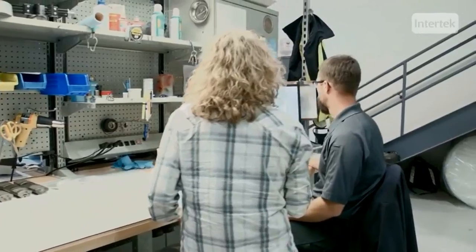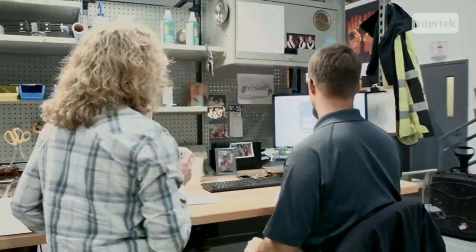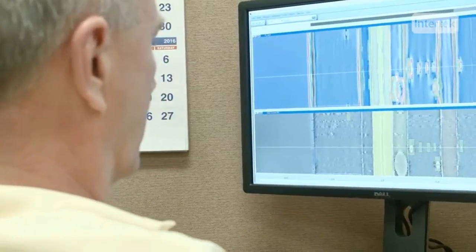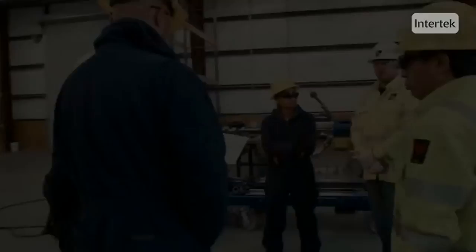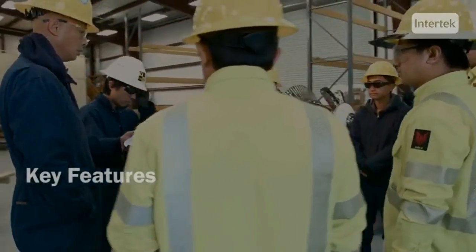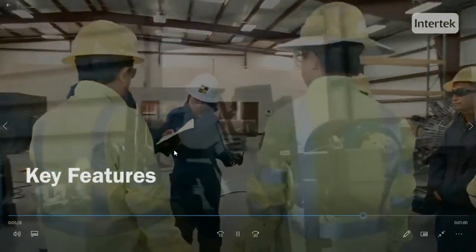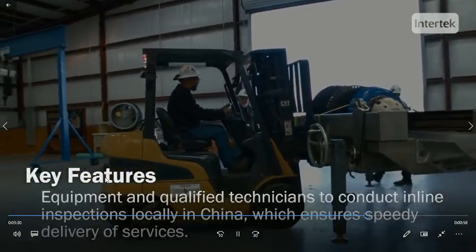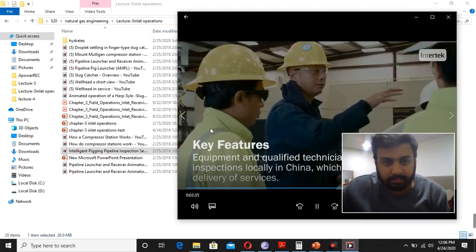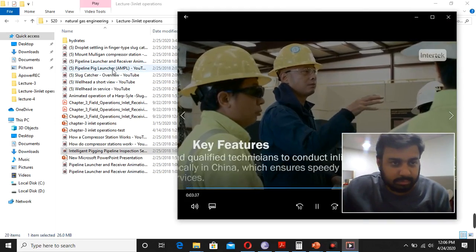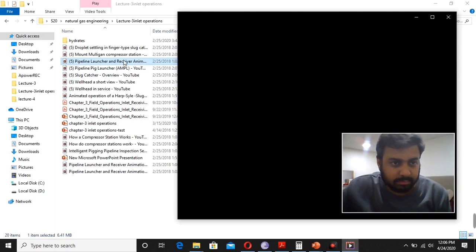Technicians can provide feedback by selecting and prioritizing indications that need repair to make sure customers are compliant with industry standards and regulations. Intertek provides equipment and qualified technicians to conduct inline inspections locally in China, which ensures speedy delivery of services. Intertek operates inline